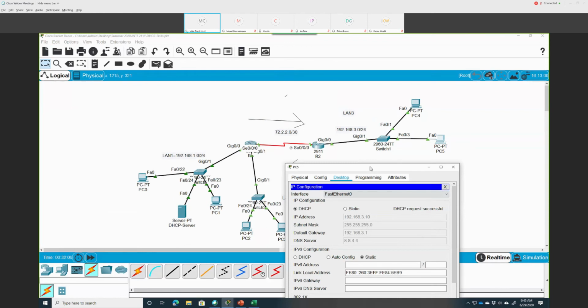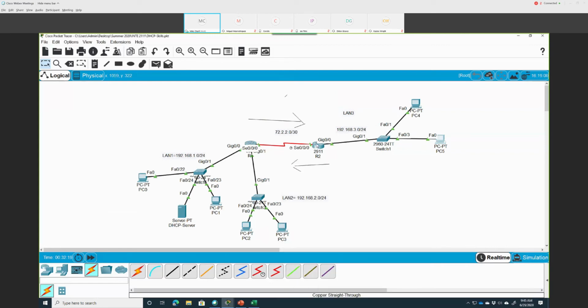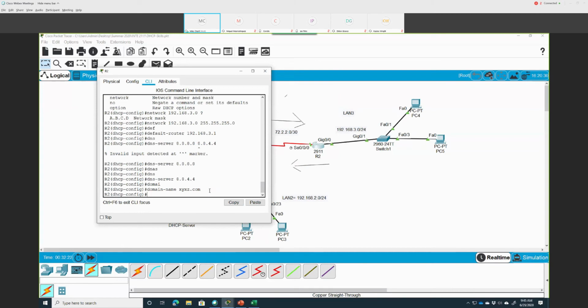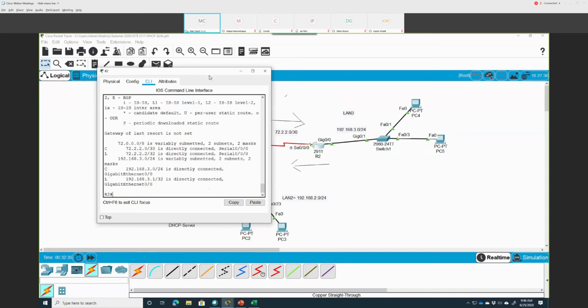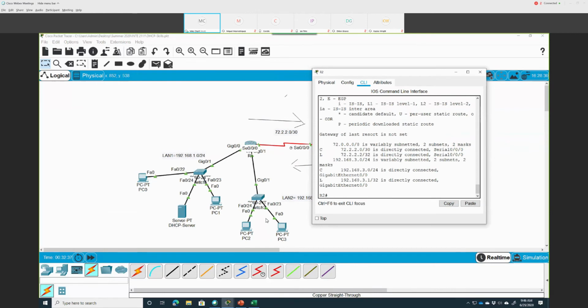So the question is, how am I going to allow communication between this LAN here and the rest of them? So we need some kind of routing. If you go back here, let me exit this one here or end it, save it. Now if you put show IP route, I don't have any route to any of these, to LAN 2 or LAN 3. Okay, all I have is the connected network to router 2. So how do I need to create it? I need to create a